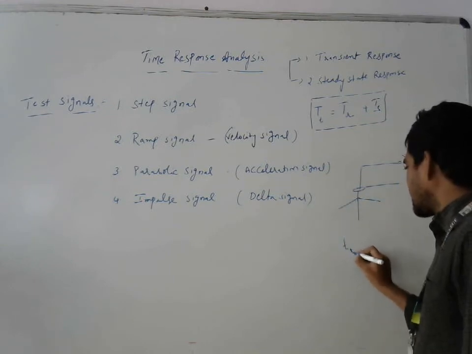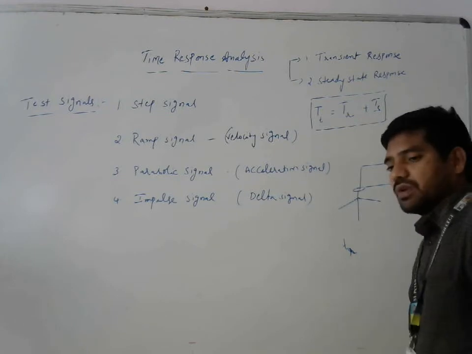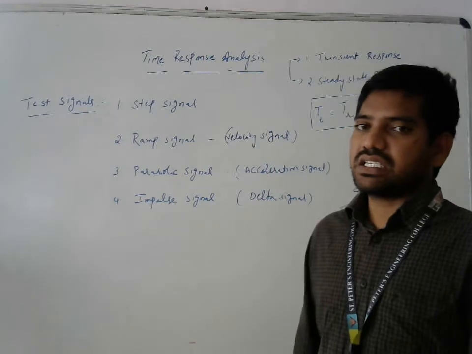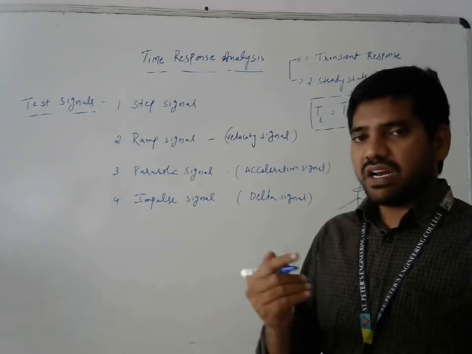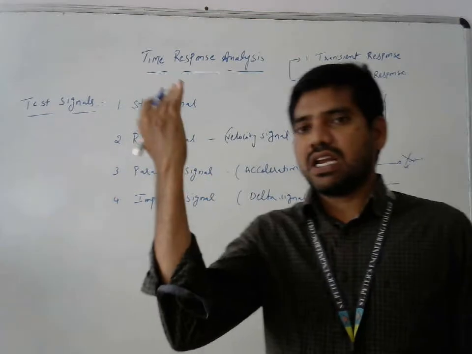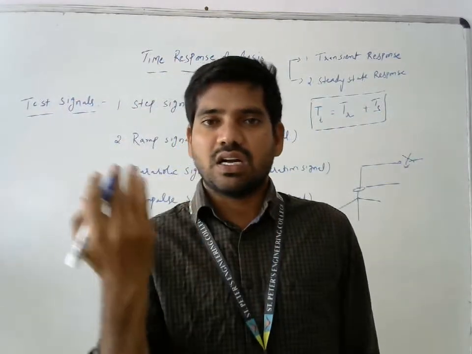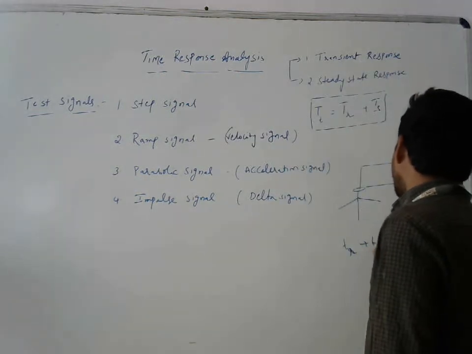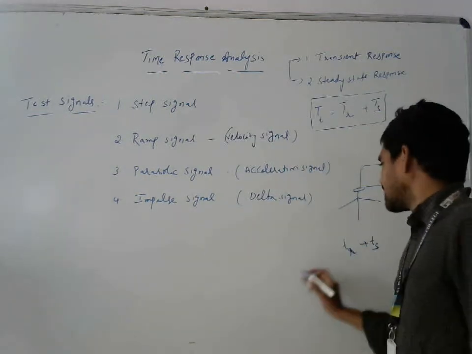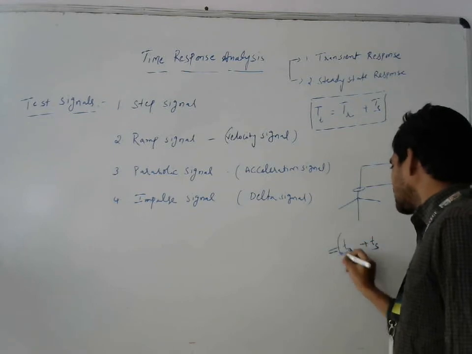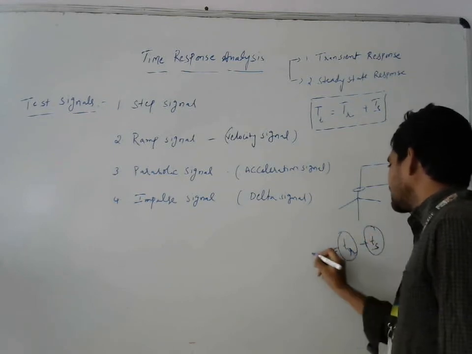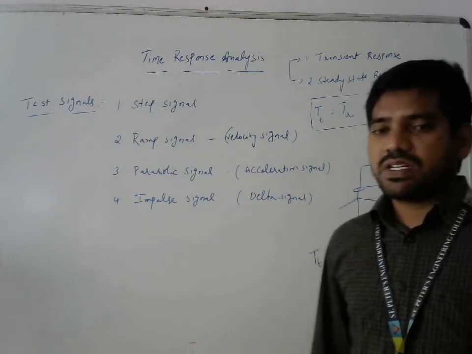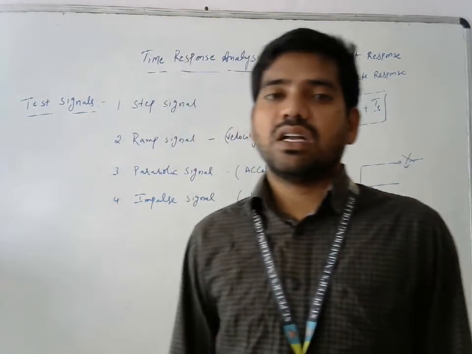The total time of those initial disturbances is called the transient state. After some time it reaches its normal position, and the fan runs in the normal state. That we call the steady state. The total response, transient and steady state together, we call the total time response, that means the response of that particular system.